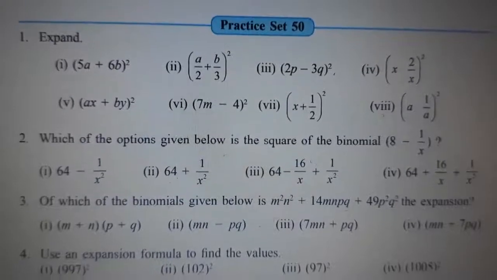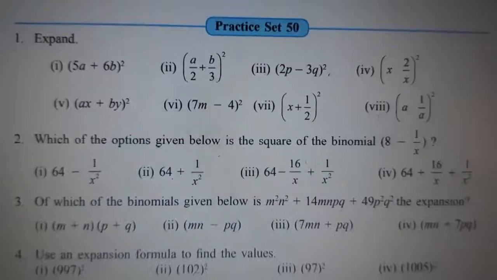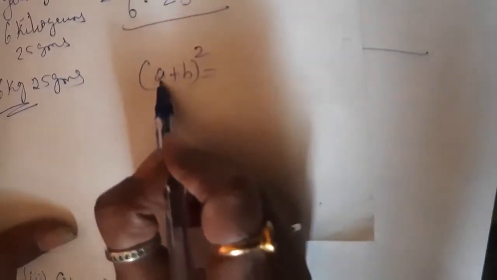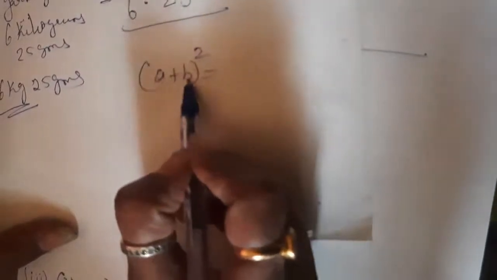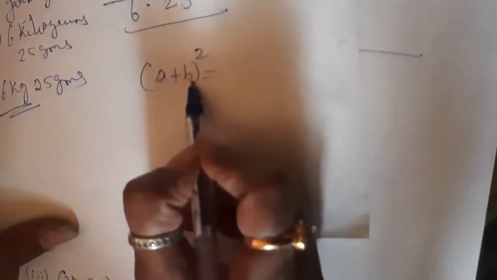Before that, I'll explain to you the formula a plus b the whole square, how we get it. So here I'll show you the formula, children, how a plus b the whole square, how do we open it up? See, this is first term square. This is first term, this is second term or last term, whatever you want to say. So a square plus 2 into a into b, that is 2ab, plus the last term square, that is b square. So that's how it is: a square plus 2ab plus b square.